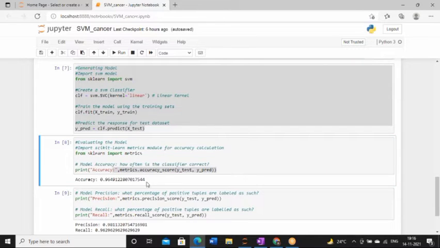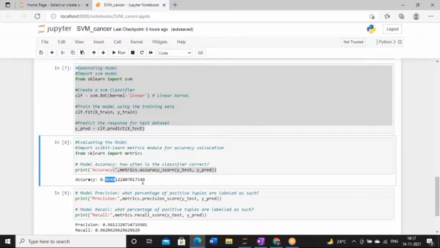And see what accuracy I am getting over here. By using the linear kernel, I am getting the accuracy 0.9649, which is a pretty good accuracy, right? So we can say that whatever classifier I am using here, the rate of classification is 96.49%. So from this, we can conclude that totally we have a classification rate of 96.49%, which can be considered a very good accuracy, right?